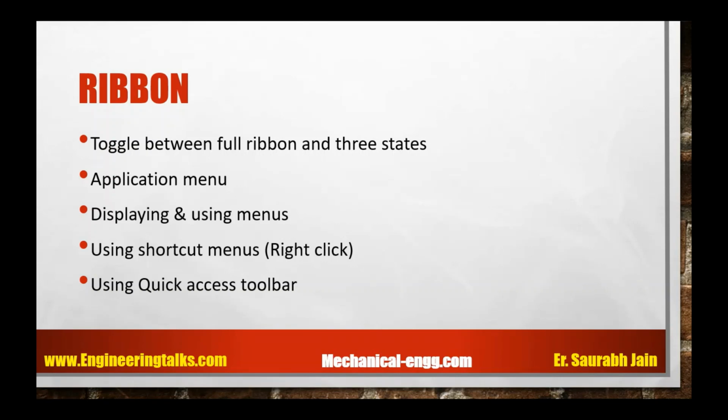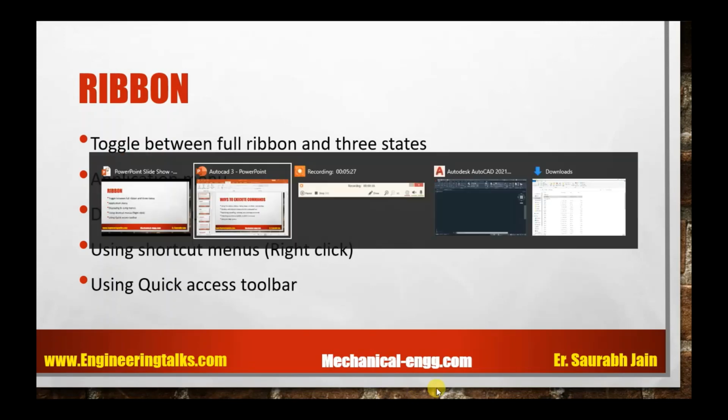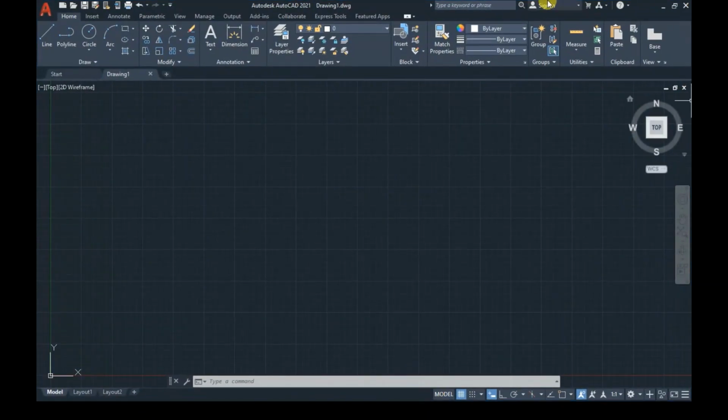Starting with the ribbon, we need to understand that the ribbon is like a horizontal top view of the AutoCAD workspace. Let's walk into the ribbon and try to understand what this is all about. Yes. So this part is called the ribbon. This is the interface for executing commands. The ribbon is divided into panels. Like this is the draw panel, this is the modify panel, this is the annotation panel, this is the layers panel, this is the block panel. These are called panels, and each panel has a related group of commands. When you talk about draw, you have all these draw panels. We need to understand this.